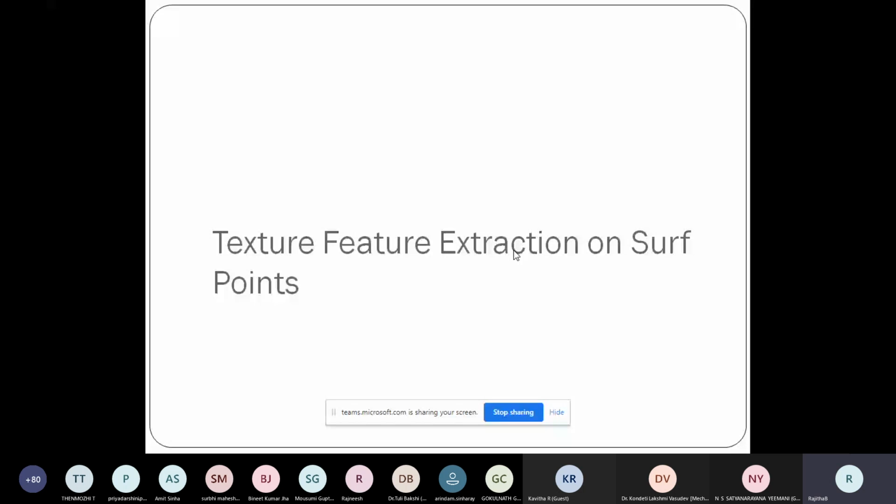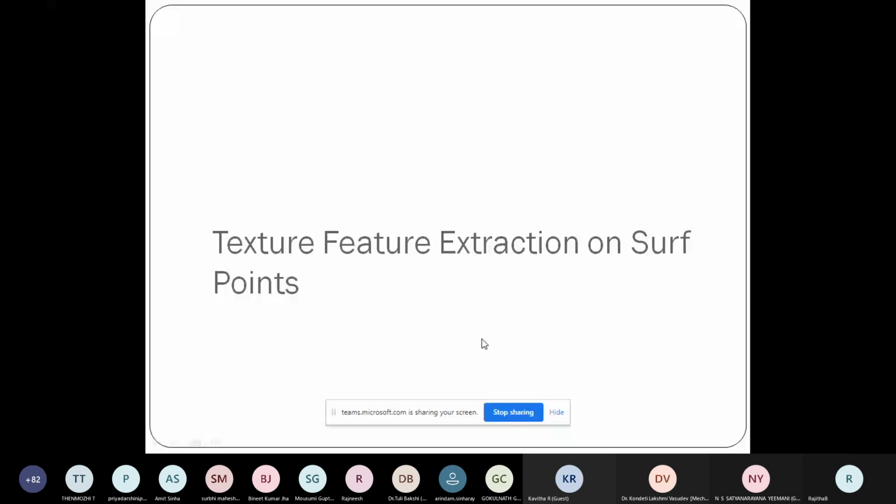I'll discuss only 2 or 3 methods, not in terms of technical concepts, only in programming. First, texture feature extraction. I will be discussing 3 things: how do we extract texture features, how do we extract SURF features, and similarly, how do I extract HOG features, histogram of gradients. So I'll be discussing 3 variants of the feature extraction process.